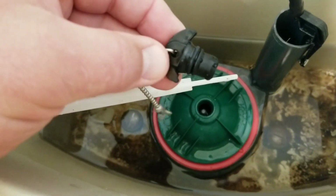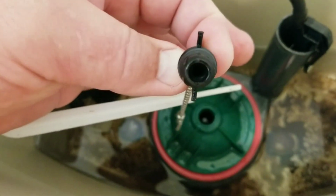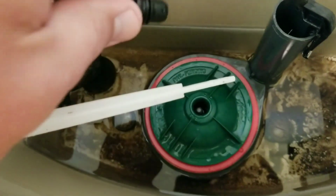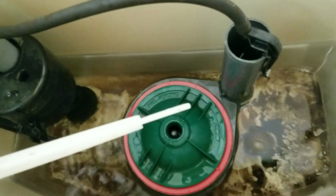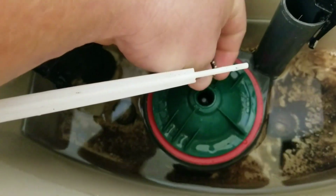Okay, time to screw this guy back in. It's threaded on the inside, and that's where it's going to thread onto this rod down here. You're going to want to get it wet for sure on this step, even if you didn't have to get it wet on the O-ring. So dip it in the water, line it up with this rod, screw it in,